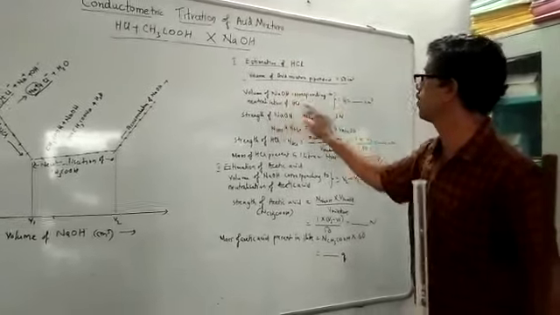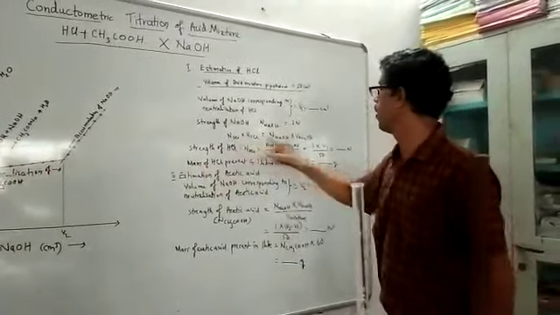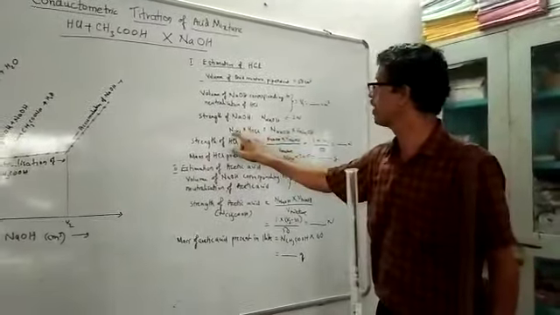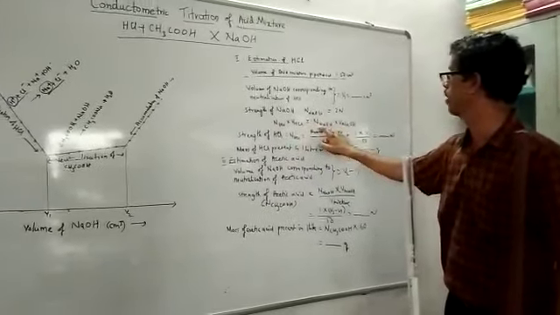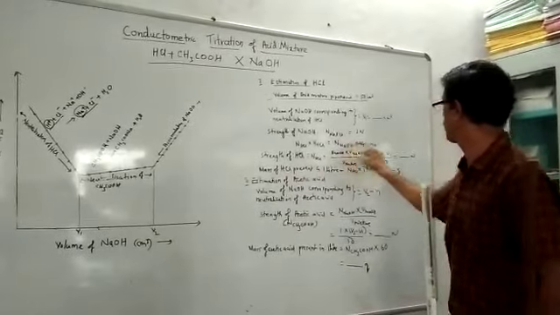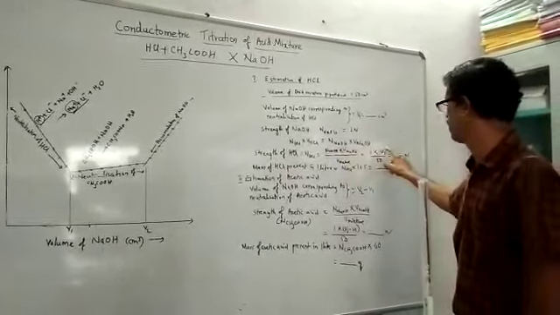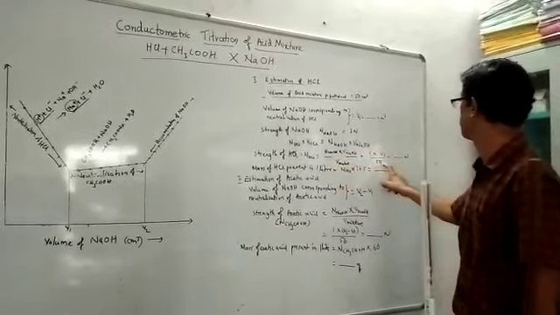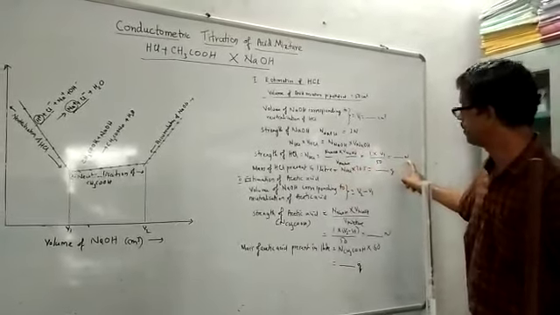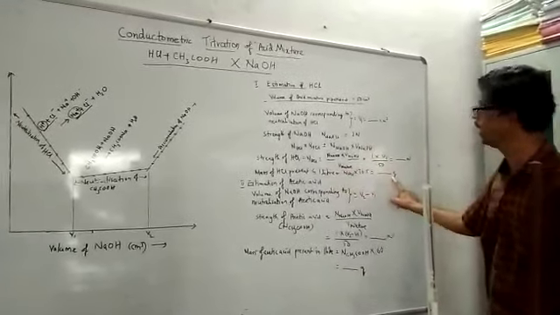The volume of the acid mixture taken is 50 cm cube, you know already, and the volume of NaOH corresponding to the first neutralization point is V1, that corresponds to HCl. So if you write the normality equation, normality of HCl into volume of HCl is equal to normality of NaOH into volume of NaOH. So the strength of HCl will be the strength of NaOH, that is 1 normal, into the volume of NaOH corresponding to neutralization of HCl, that is V1, divided by the volume of mixture taken, 50. So that gives the strength of HCl. Then the strength of HCl into the equivalent mass of HCl gives the mass of HCl per liter.